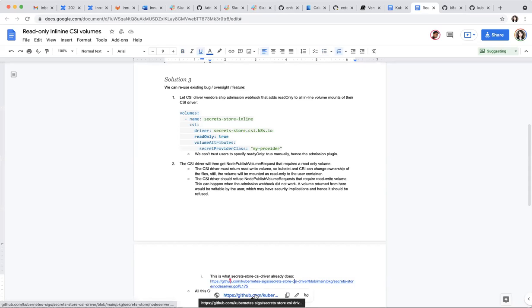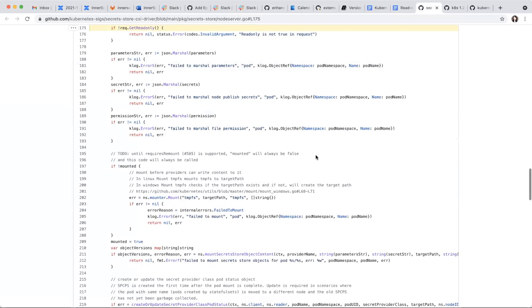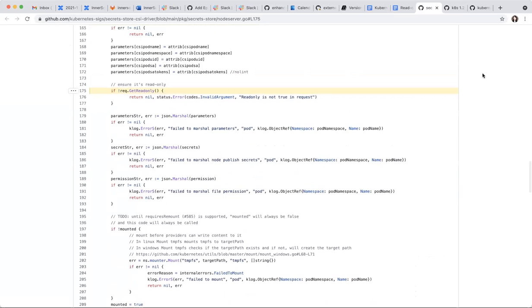It ignores the flag, and the only thing it does is require all the volume mounts in a pod to be read-only. Because otherwise, a pod would get the volume as read-write, and that's not what the driver wants. It must be read-only, otherwise it has implications for security.